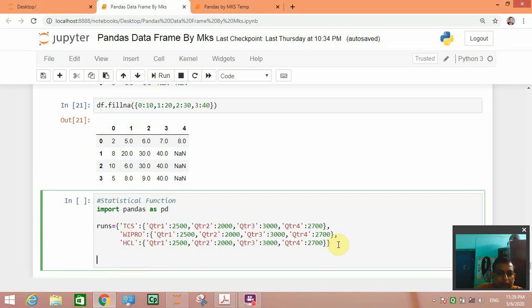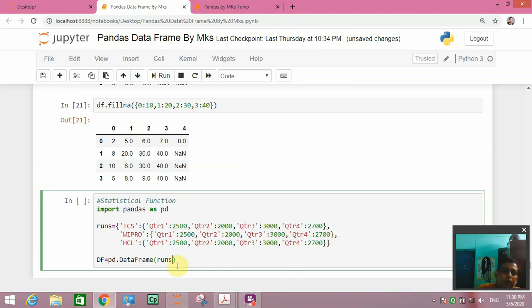We will convert this dictionary into a data frame, so we have to write data frame equal to pd dot DataFrame, and we will convert this runs dictionary into a data frame.